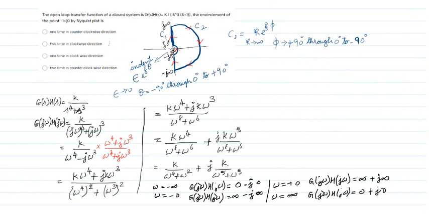So how many poles are there? 3 poles at the origin. Another pole is at minus 1. That we will not worry about, right? So what do we do in the Nyquist plot? I have to cover the entire right half of the S plane, but I should not touch any poles.